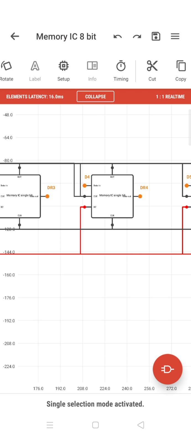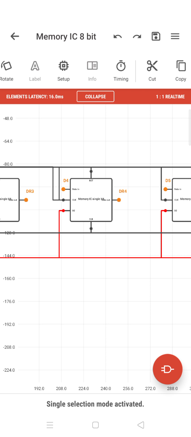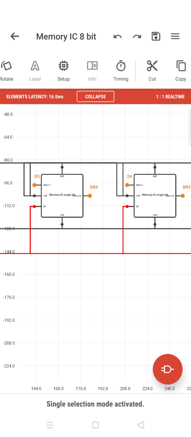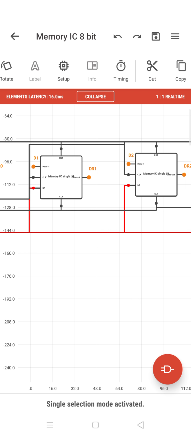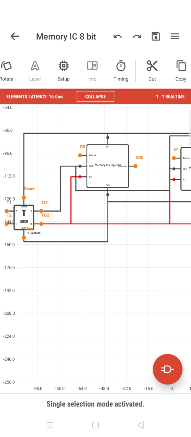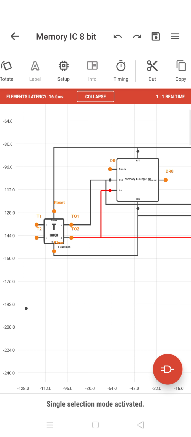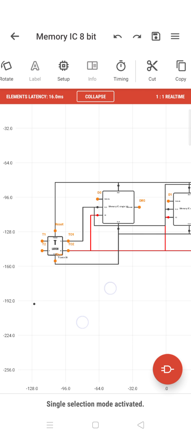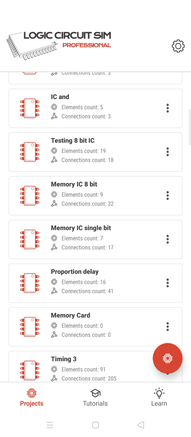That single IC is here, and you have 8 such ICs with their circuitry, and using the toggle you can write anything into any one of the 8 memory locations. So we have an 8-bit memory location. This is what we have done, an IC for an 8-bit memory location. That is why it is called a memory 8-bit IC. Now we are going into banks.